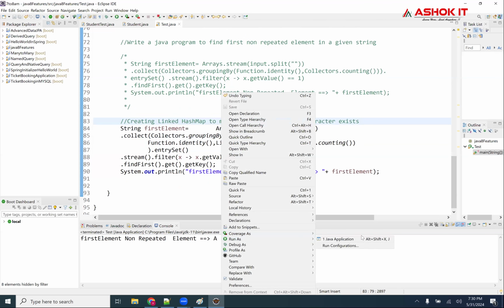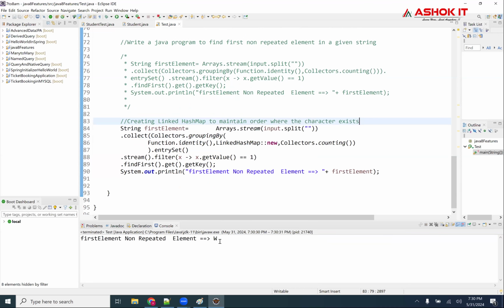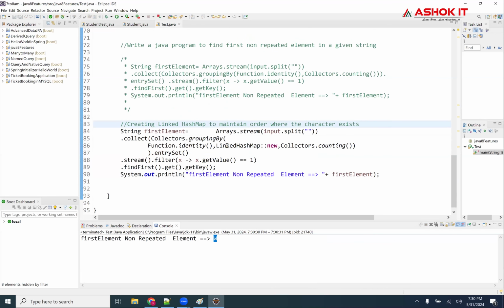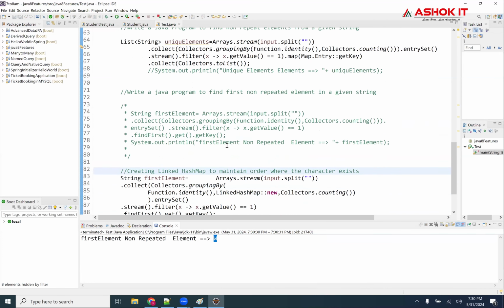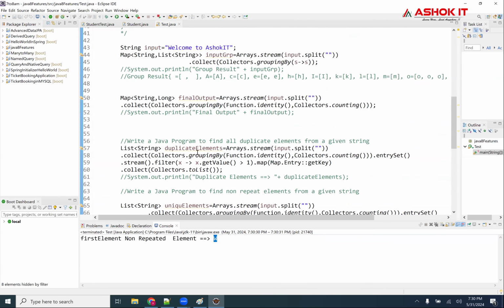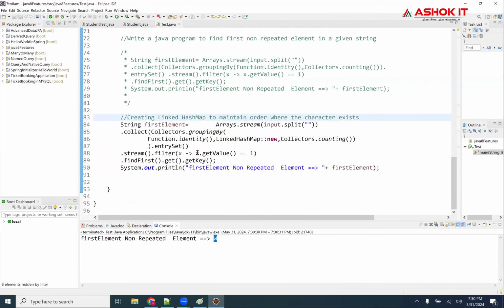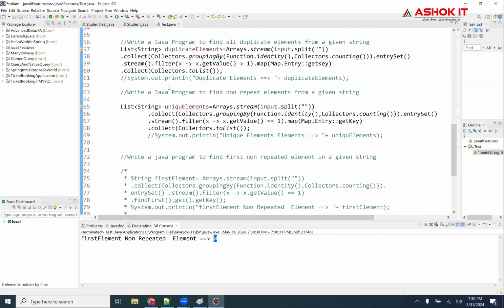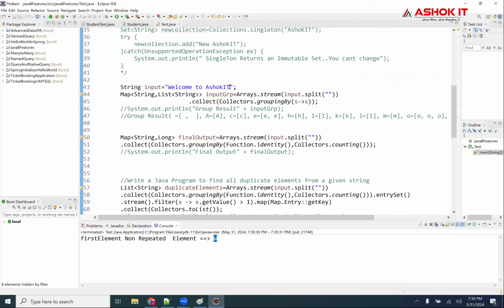Now you'll see here, run as Java application. You saw here first non-repeated element W. You saw that, right? First non-repeated element W. Maybe I'll take one more string here, where the first word itself should repeat.